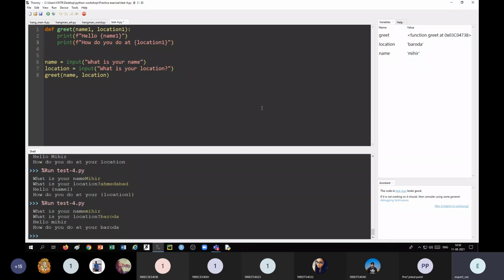Now, up to now, in whatever languages you have studied, C, C++, this is called argument, and this is called parameter. The argument is the data, and the parameter is the name given to the data. So understand the difference between these two.